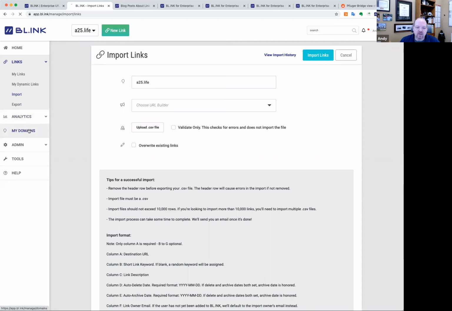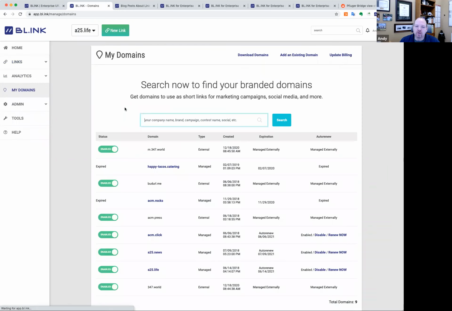So we talked about analytics. Let's talk about domains for a moment. So BL.INK works, again, with any type of domain name. So if it's a valid domain, even if it's not a public domain, something you're using on your intranet, we can do that as well. So inside your domain section, you can bring your own domain with you. So you can add an existing domain. Again, this can be a